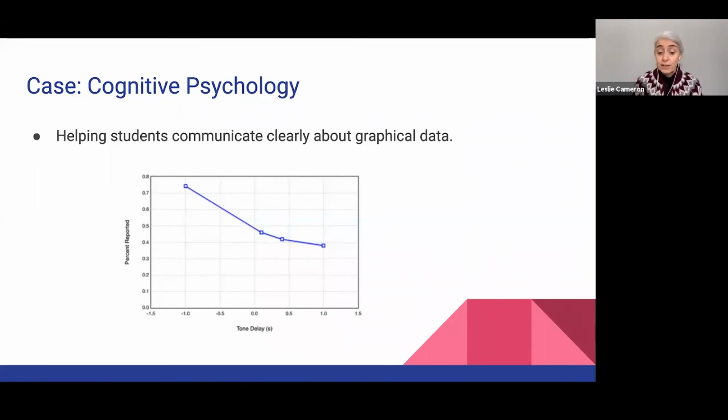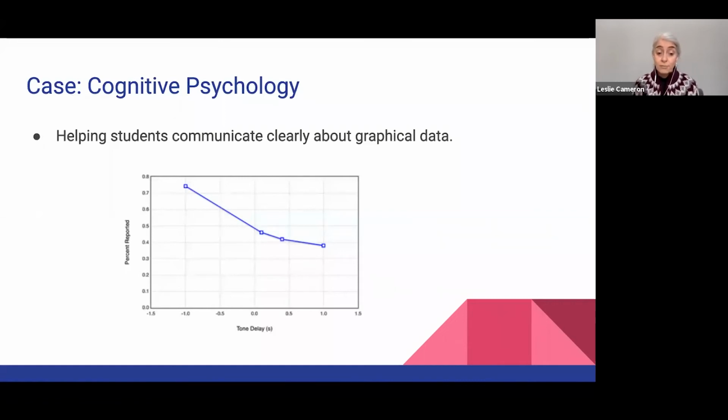This graph was generated from data collected by the students in online laboratories and shows performance in a short-term memory experiment. And after some early work in my trying to think about how to help students communicate more clearly about data, I discovered that what was fundamentally problematic was the students' ability to simply describe data. At that point, I became aware of decoding the disciplines and recognized that what I was dealing with was a bottleneck. So in the first instance, I interviewed faculty to decode how they describe and interpret graphical data.